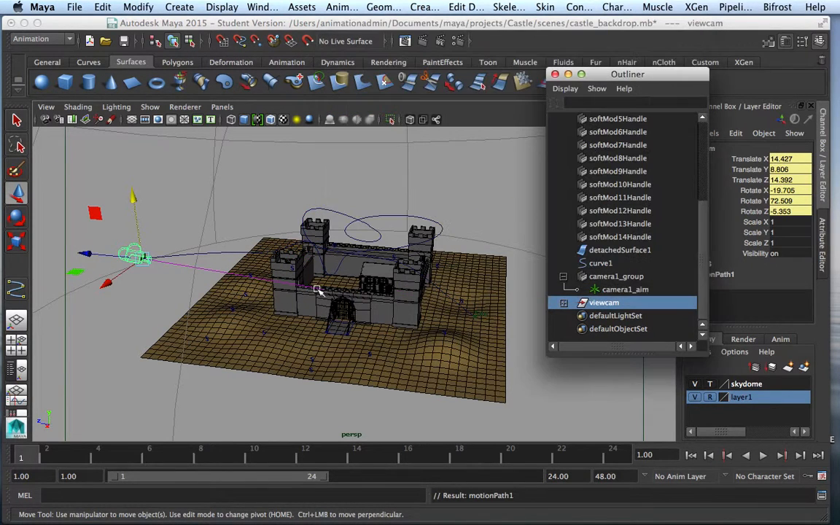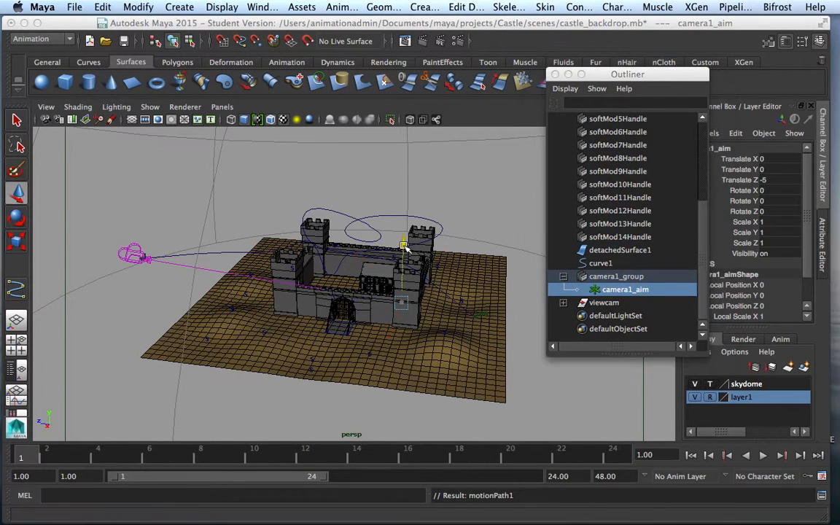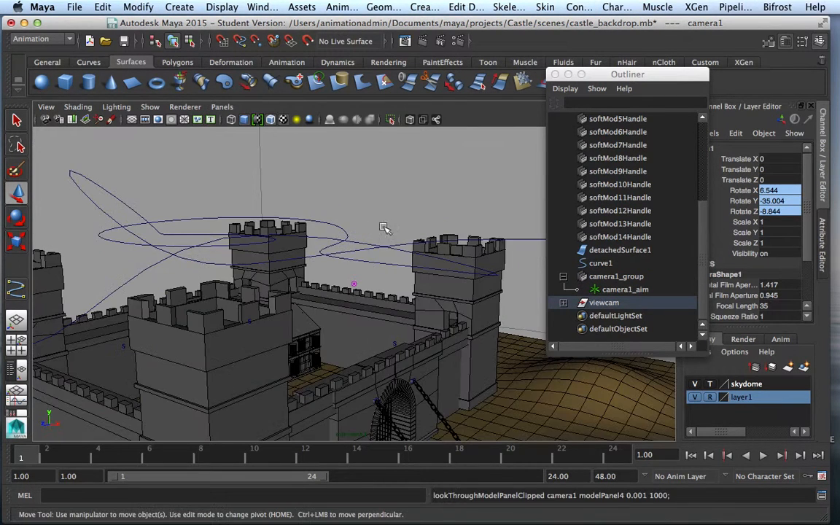Alright, notice the camera now automatically goes to your path, but your aim is right there. So you can still choose to take the aim and move the aim or animate the aim. So I'm going to select the camera, go to look through selected. So I'm looking through the camera's point of view. Alright, and I haven't done anything to the aim; it is right here. So if I play this,